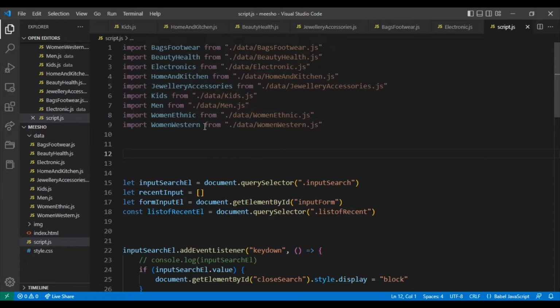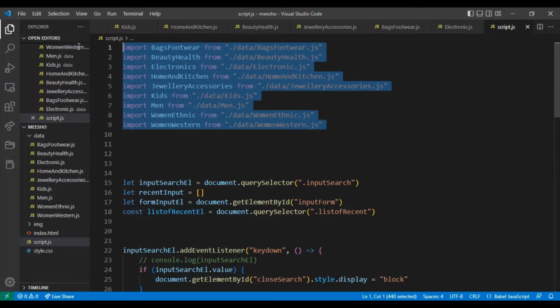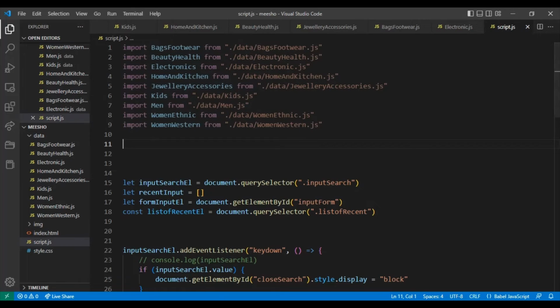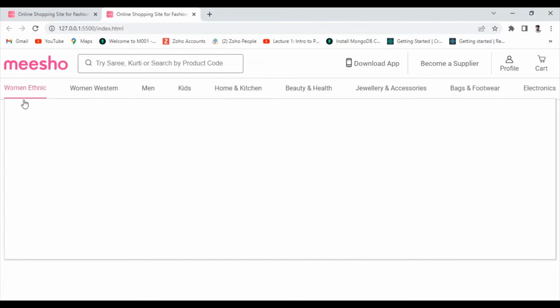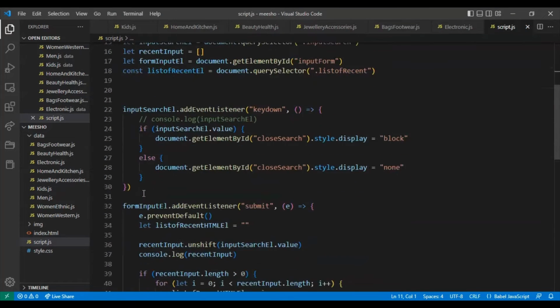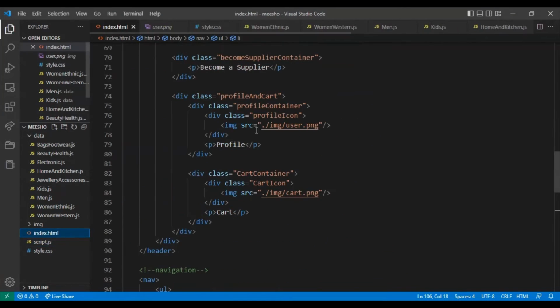Now here, see, all the data is imported. Now one by one I want to implement all this data in this section. First of all, I implement the human entity like this one. All this will be implemented. Now we come to the index.js,